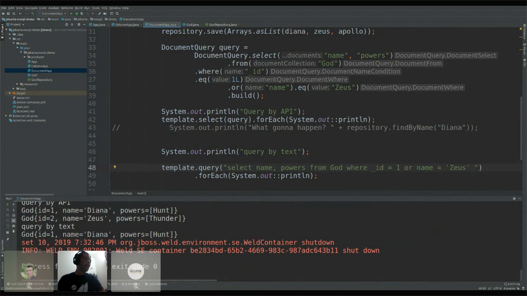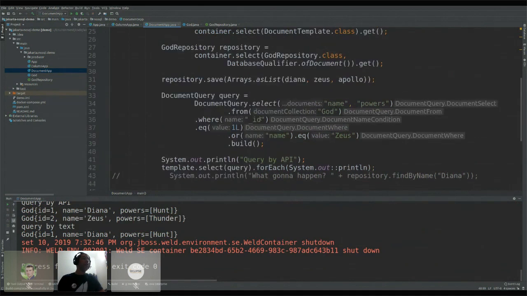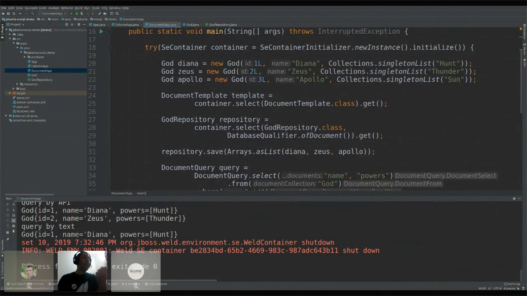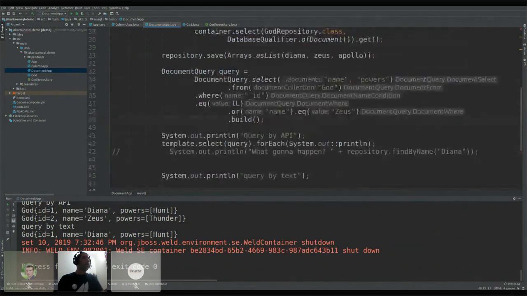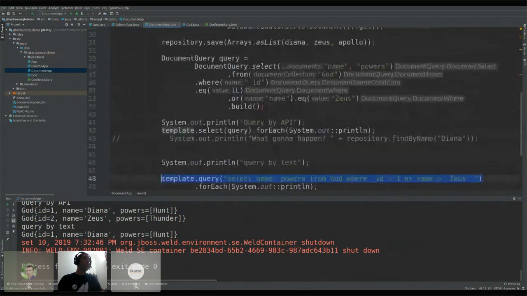So, nothing new for now. Okay, I have Apollo, Zeus, and something like that. Of course, not sure right now. Okay, I can find the order. So let's find order. So let's put here where name